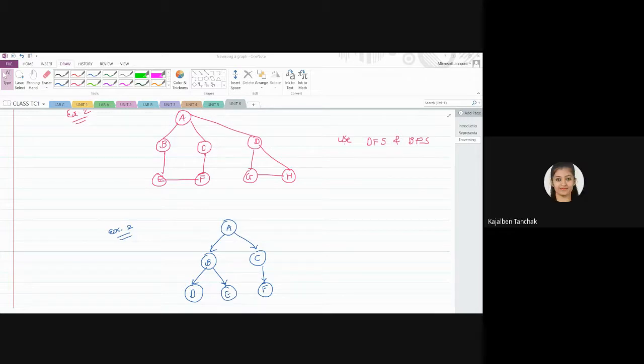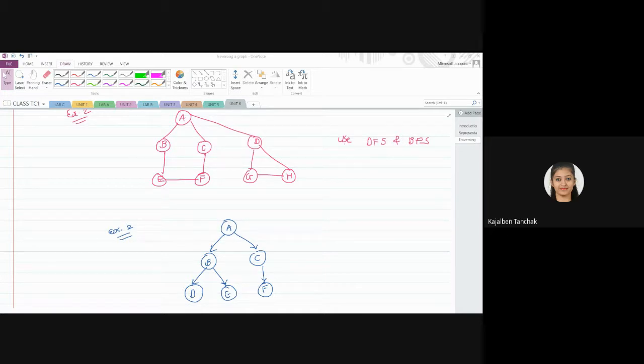Starting from A, in a directed graph, right? And are you doing it using DFS or BFS? BFS. Okay, so you will start BFS with A, right? Yes.